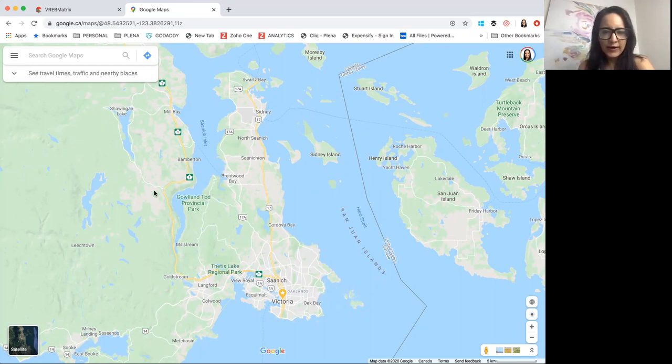And also, for some who are looking to buy and they're foreign buyers from other provinces, there's the vacancy tax. If you want to just have a summer vacation home, there's a tax for leaving your property vacant and not having renters in it. That applies to anything in the CRD, which is within this area here. Anything further out, Shawnigan Lake onwards, the vacancy tax, again, check with your lawyer, but from my understanding does not apply to it. So if you do want to get a vacation home and you're from another province in Canada,